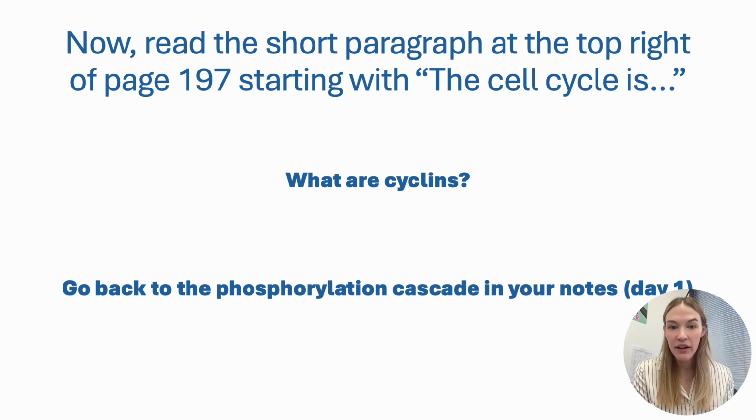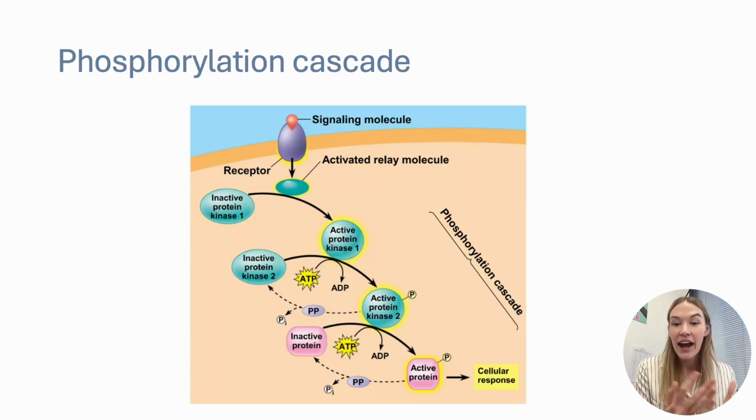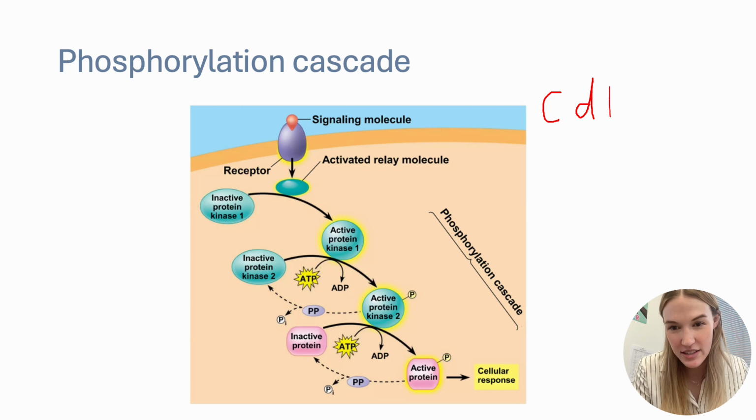Okay, now we're going to start talking about the part that I find more exciting, which is cyclins and CDKs. I asked you in your book to read page 197, and it describes cyclins. Well, cyclins are proteins. They are very important proteins that are largely important for regulating the cell cycle. So how do they work? Well, they work with something called CDKs. Let me write that down. CDKs. Now it stands for